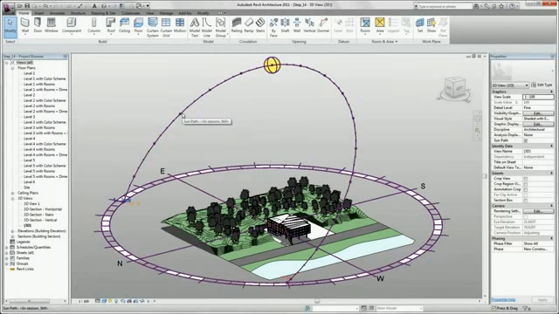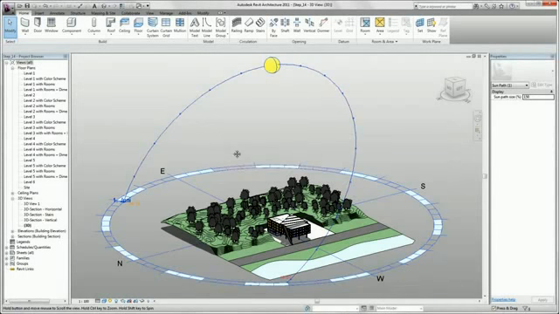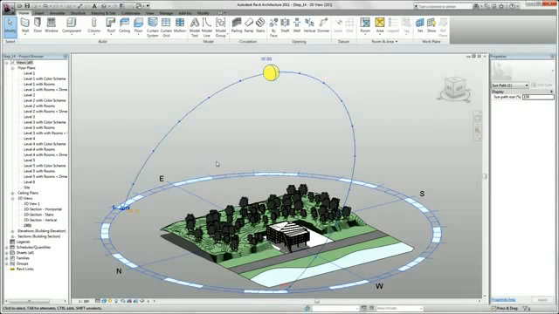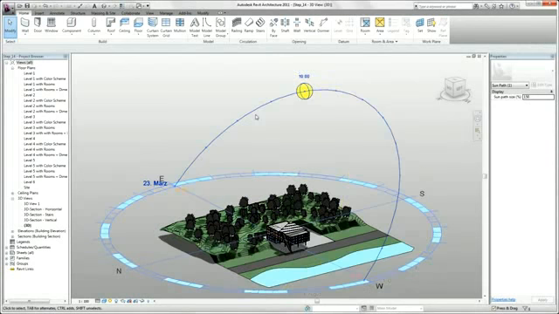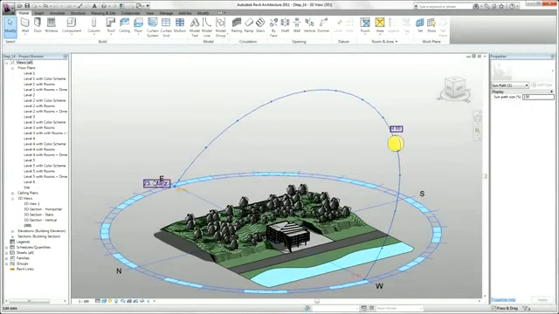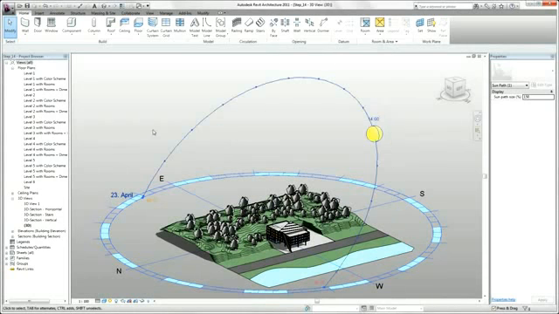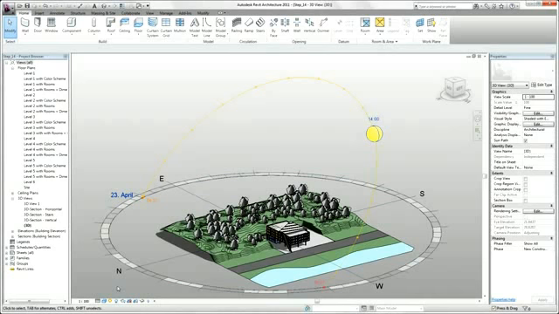If you click on our sun path you have the possibility to either move the sun directly or put in the time manually, like 2 o'clock p.m. Or we can also change the date to April 23rd. Here you can see the impact of the sun on your project, and that's very useful when you start to design your project. So now we can turn off our sun path